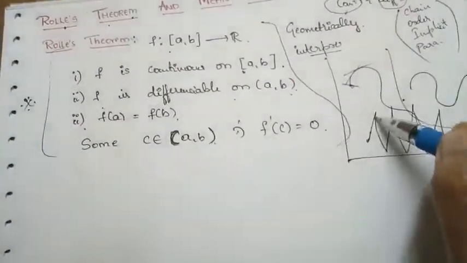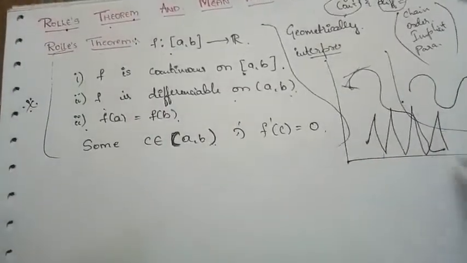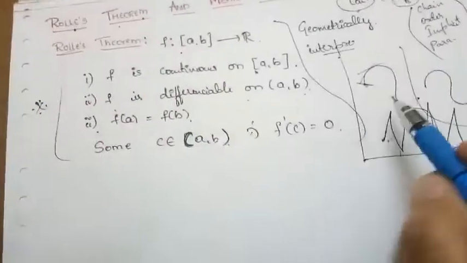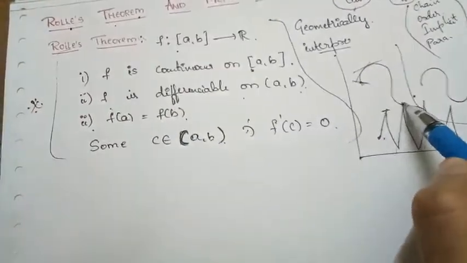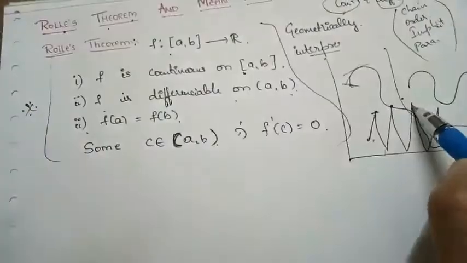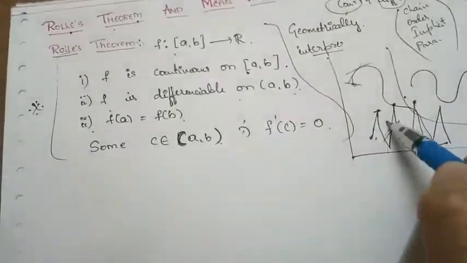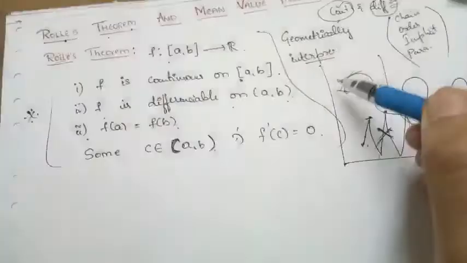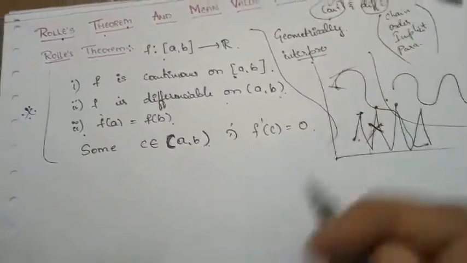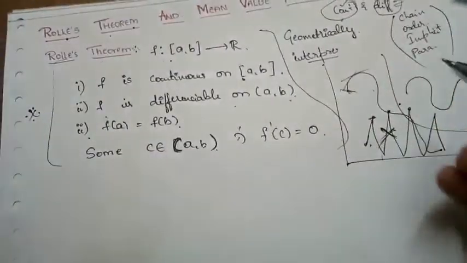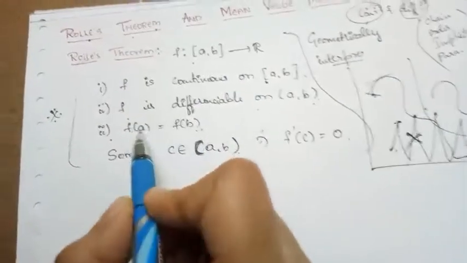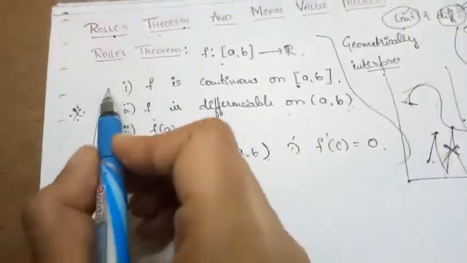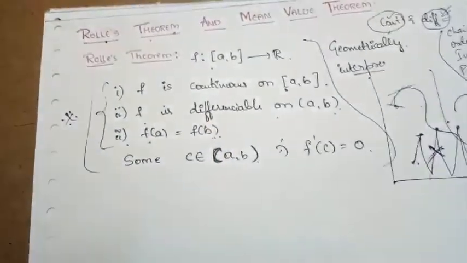If I consider this type of curve, even though it is continuous, it does not satisfy the second condition, because at the sharp edges we can't draw the tangent. So this type of graph is not going to satisfy Rolle's theorem. Does this type of graph satisfy it? I can't say for sure, because there is another condition. They are saying that f(a) should be equal to f(b). So let us draw the graph which satisfies